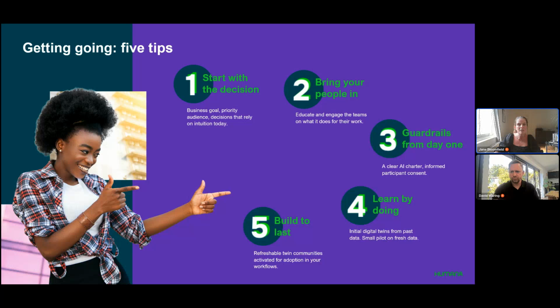And then the final one is really about thinking about building to last. This is the longer term piece of refreshable twins. David talked about that. You can augment them, you can add to them, you can build those twins inside your workflows. If you have a big strategic project that's going to run for months, possibly longer, depending on your category, you can build those twins into those workflows so that you head towards a really living simulation of your market.